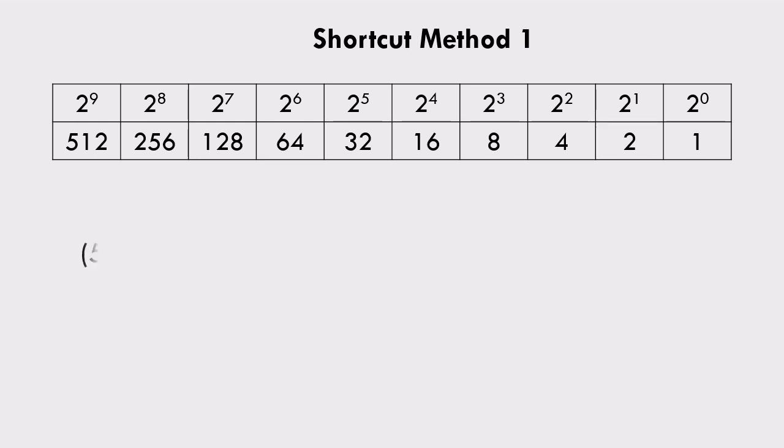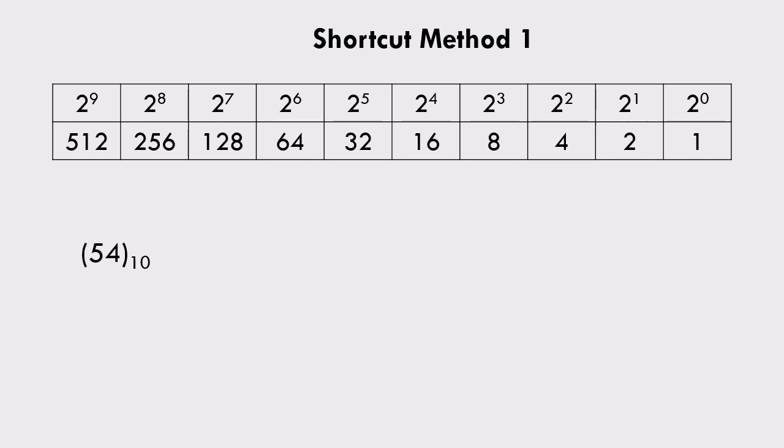Now to find any binary equivalent of a number, for example 54, I have to find out maximum fit from the above table which will fit into 54 to give me a positive answer. That is, if I subtract that number from 54, I will get positive answer. Okay, and it should be maximum in the possible options. So the possible options for 54 is 32, 16, 8, 4, 2 and 1. All these will fit inside 54. 64 won't fit because it is bigger number than 54. So the maximum in this